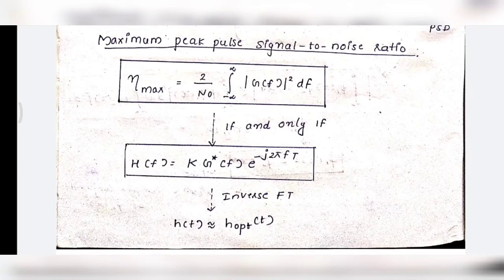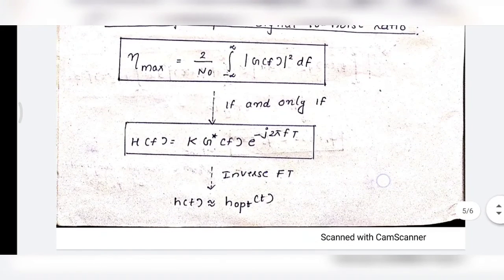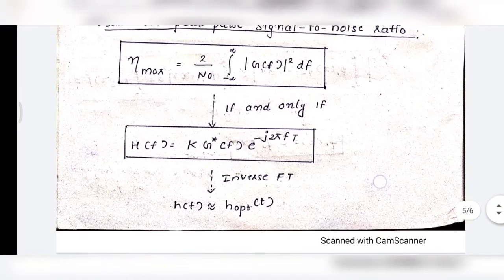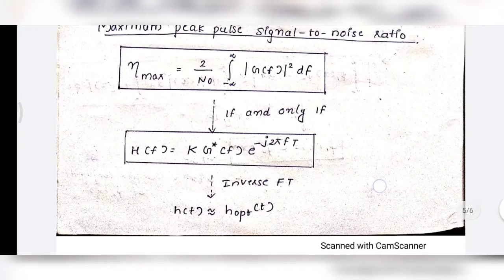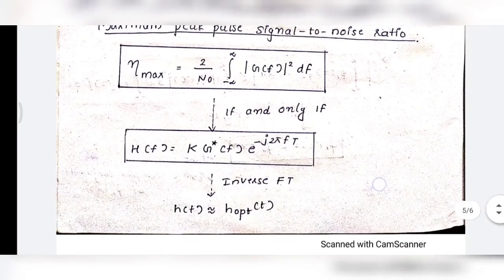This is according to phi 1 of x equal to k times phi 2 star of x. Phi 2 star is the complex conjugate of phi 2 of x. Here phi of x equal to G of f e raised to j 2 pi ft, and its complex conjugate is G star of f e raised to minus j 2 pi ft. Now this is in frequency domain, so our next step is to find the inverse Fourier transform of H of f in order to get the impulse response h of t, that is called the optimum impulse response of matched